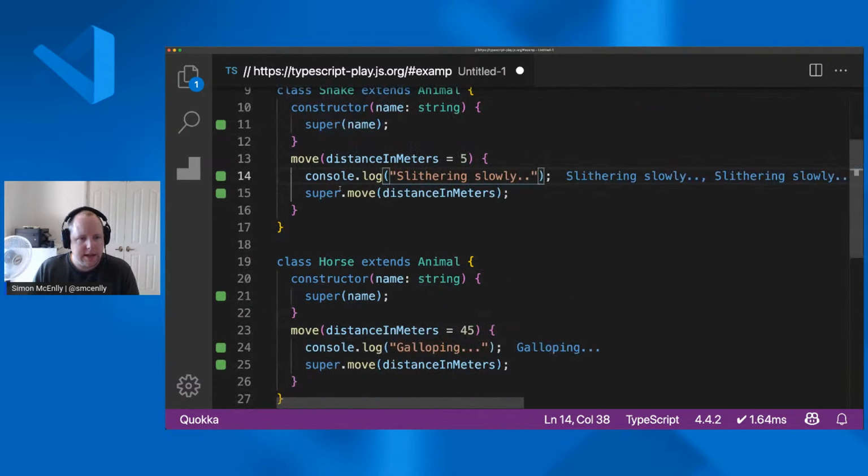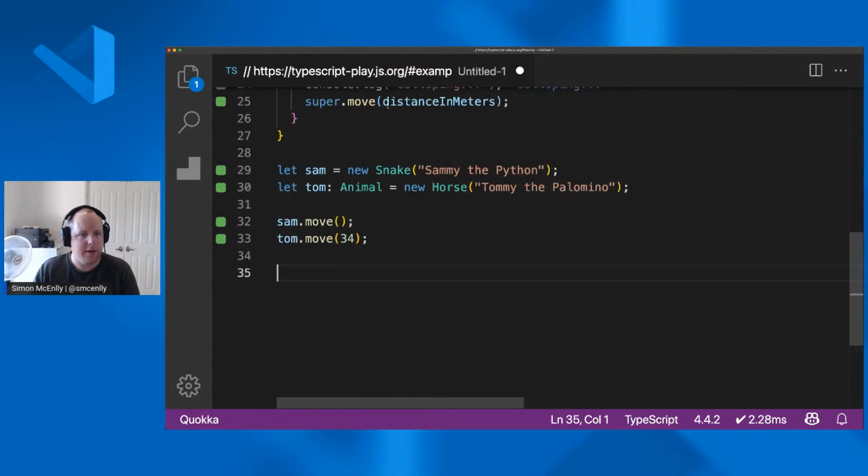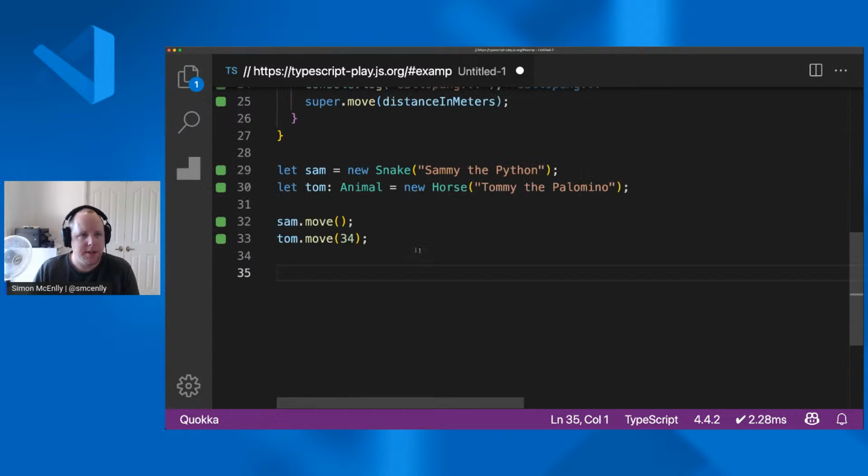So let's talk a little bit about these gutter indicators. I said that these show coverage. Green means that this particular line of code was fully executed. In the case of something like a class definition, it is not actually executed at runtime. It's not part of that runtime execution, whereas a console log or calling into another method is. So green means that all of the possible parts of this line of code that could be executed were executed.